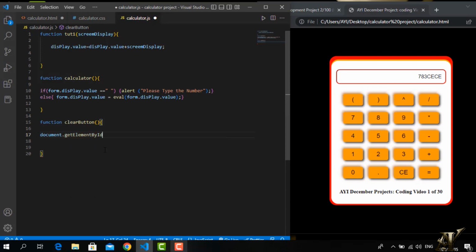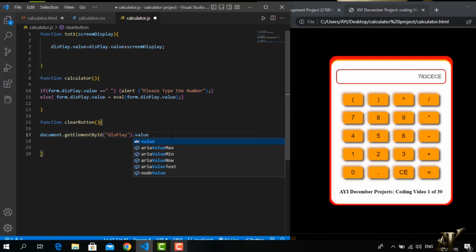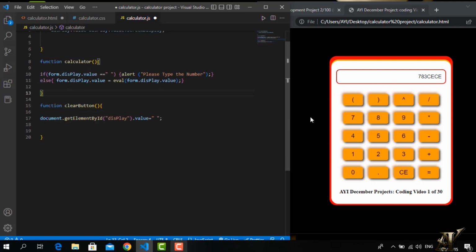Get by ID, our ID, which is a display. So we say go to that display, whatever is there, the value of that one must be equal to 0. So put empty on the display. Then this can be our final part on